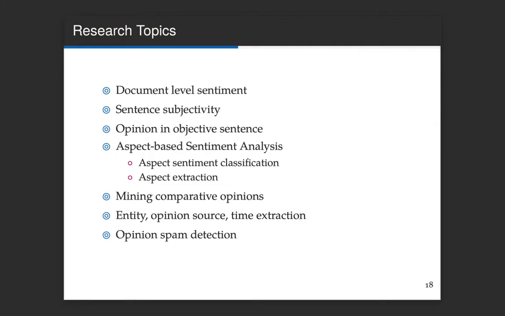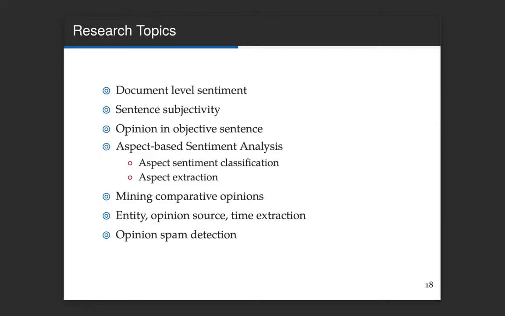We have only talked about opinions that are expressed directly in text. For example, this is a good mobile phone, so the opinion is positive. But sometimes you don't express an opinion on a product directly, but you compare one product to another, and you say this product is better than the other.